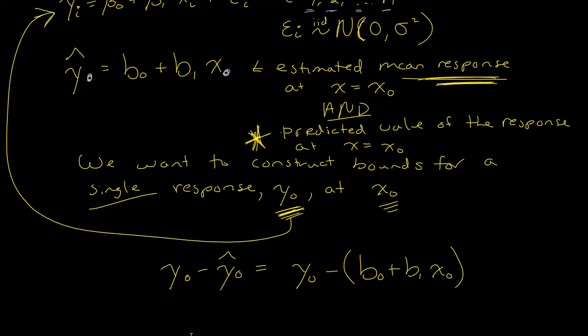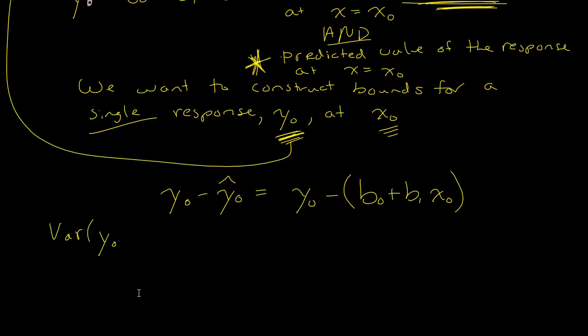So this is the difference between what this actual unobserved value is, minus the predicted value. So this is kind of almost like a residual, except it's unobserved. If I want to calculate the variance of this,